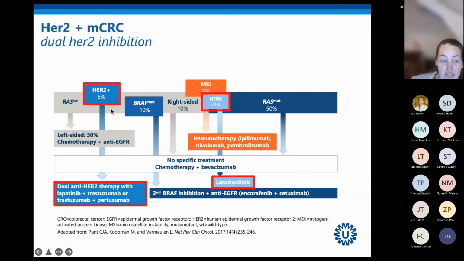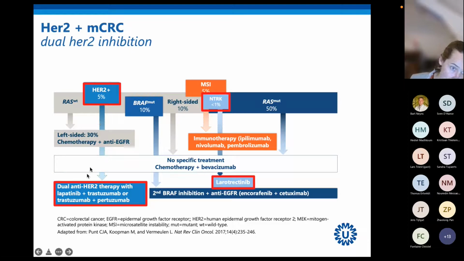And then especially in the RAS, BRAF wild type tumors, microsatellite stable, you can get up to 8% HER2 positivity. Some tumors are already HER2 positive at start. What you can also see is after you treat with anti-EGFR inhibition, as a resistance mechanism, HER2 comes up. So what we sometimes do is when a patient has progressed under anti-EGFR treatment, we biopsy again, and then sometimes you find a RAS mutation, but also quite often you find HER2 amplification,